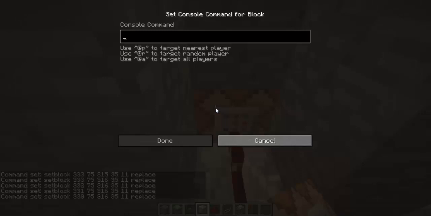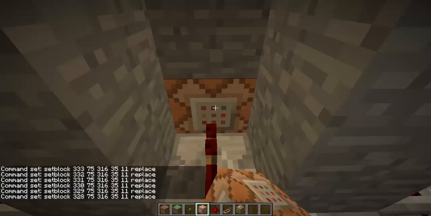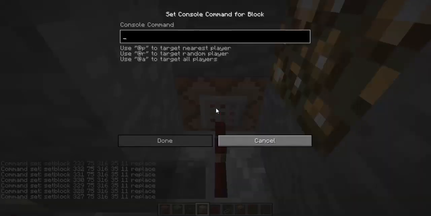So we go on the very last line now. 75.316. 35.11 replace. Next one is 328. 75.316. Then 35.11 replace. Two more. 327. 75.316. 35.11 replace. The showing what your last command was in the chat also helps, because a few times if you put a mistake in but you don't quite realise it,